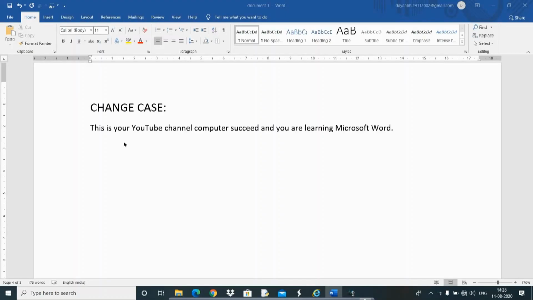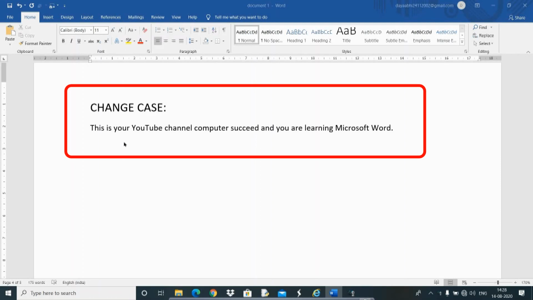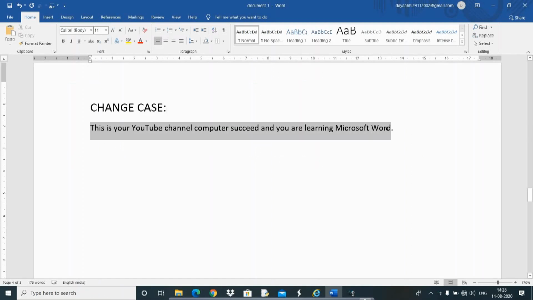Here we are using change case on the text. First go ahead and make your selection of the text where you want to apply it. So I will choose that. Then, under the Home tab in the font section, there are many options like sentence case, uppercase, lowercase, capitalize each word, toggle, etc. I want to make all the text uppercase. So I will click that and we can see it's applied there.